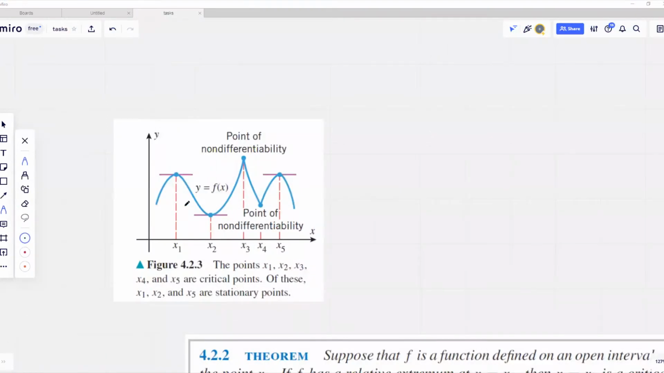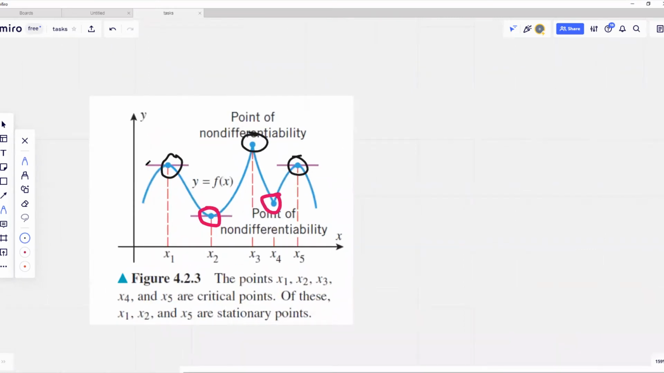Let's study the following graph. Here we can see that the function has several relative extrema points. So we see the function attaining relative maximum at those 3 points and relative minima at these 2 points. If we pay closer attention to these points, we can see that relative extrema points are happening either at points where the tangent line to the graph is horizontal to the x-axis, or in other words, f prime at that point x is equal to 0,